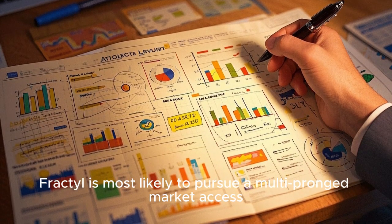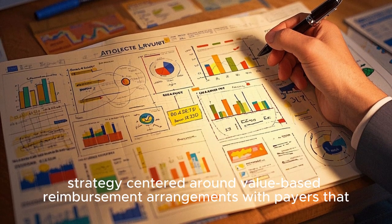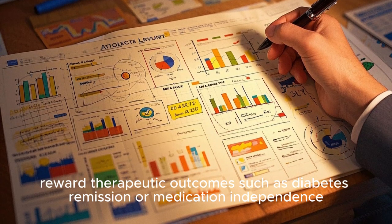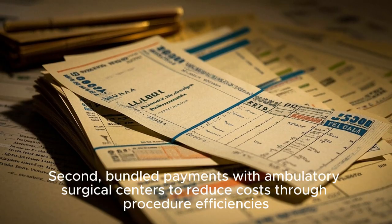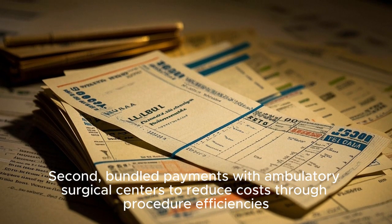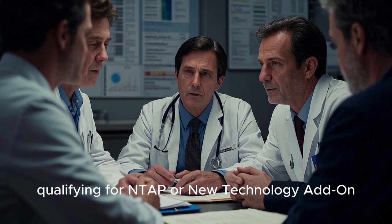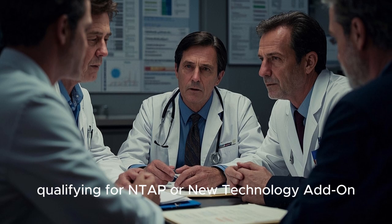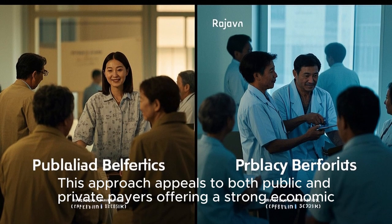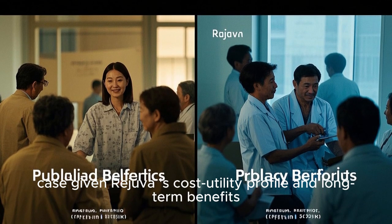Fractyl is most likely to pursue a multi-pronged market access strategy centered around value-based reimbursement arrangements with payers that reward therapeutic outcomes such as diabetes remission or medication independence. Second, bundled payments with ambulatory surgical centers to reduce costs through procedure efficiencies. Third, leveraging Medicare CPT codes and potentially qualifying for NTAP, or new technology add-on payment, for early adopter coverage. This approach appeals to both public and private payers, offering a strong economic case given Rejuva's cost-utility profile and long-term